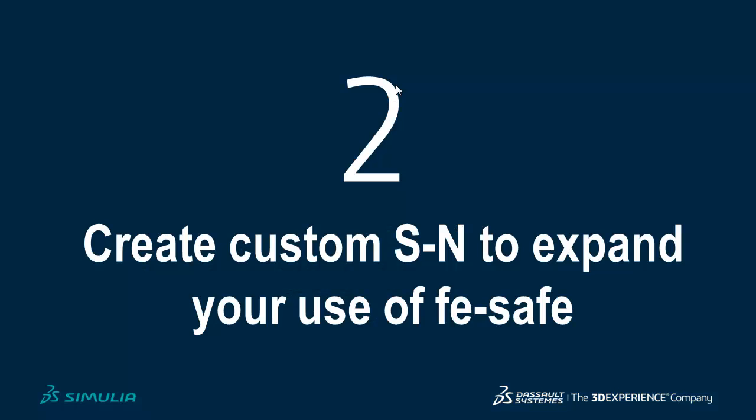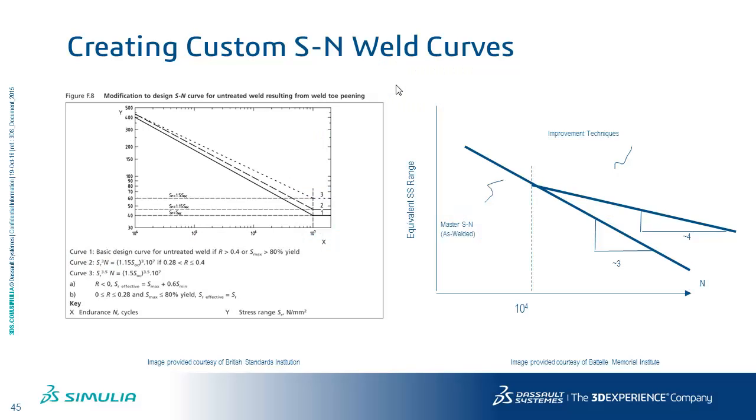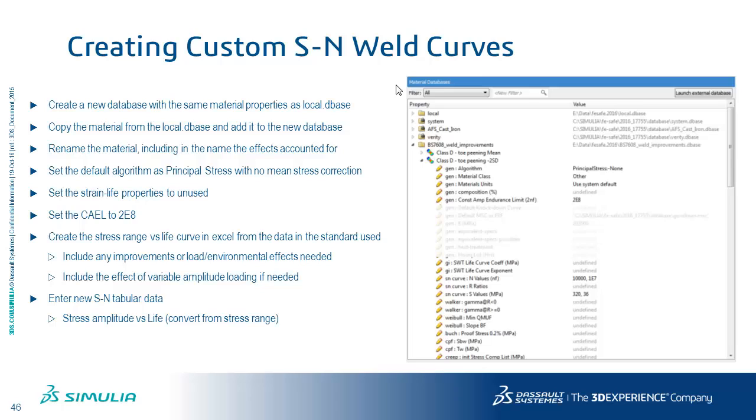Okay, there was a bit of a talk from JK and others today on how we can consider weld improvement techniques in our calculations. I'll show you how to actually enter these improved curves in FESafe. This relates both to the nominal stress approach with BS7608 and a Verity structural stress method, as you have seen earlier today. So there are different curves, you may want to enter them and use them in your calculations. So starting with BS7608,